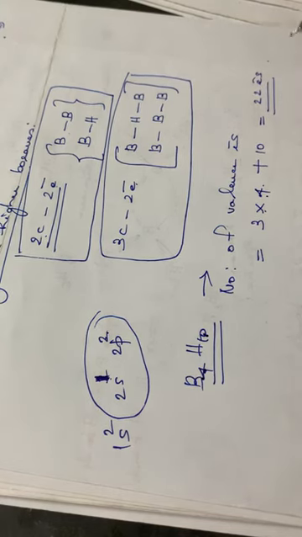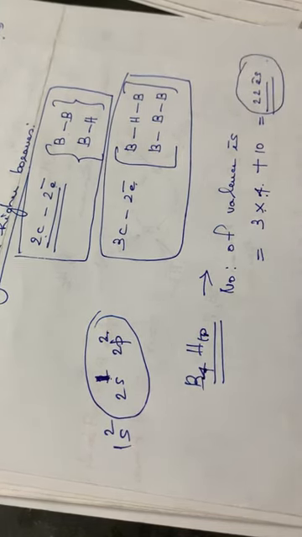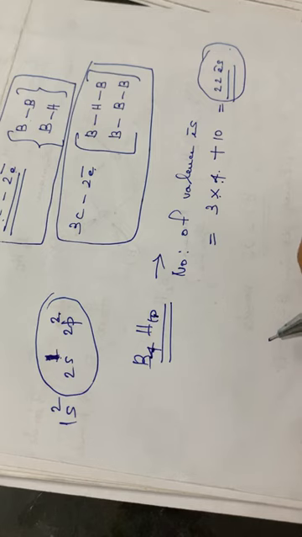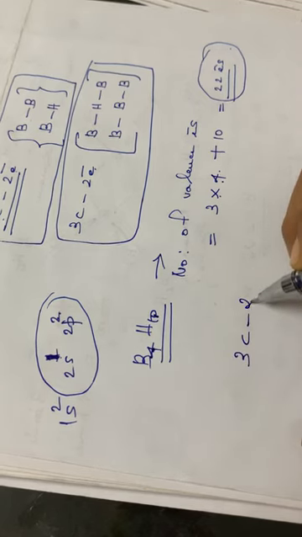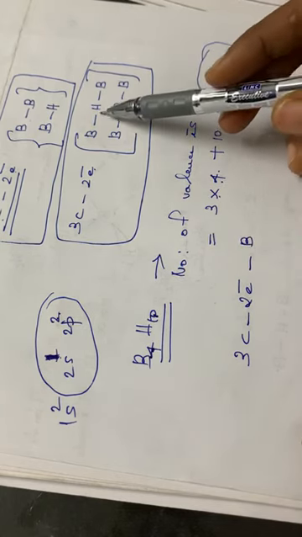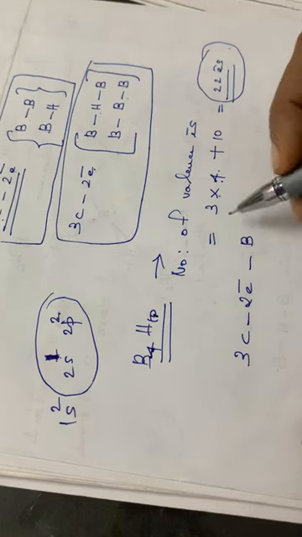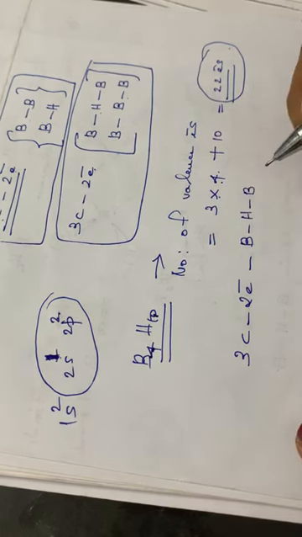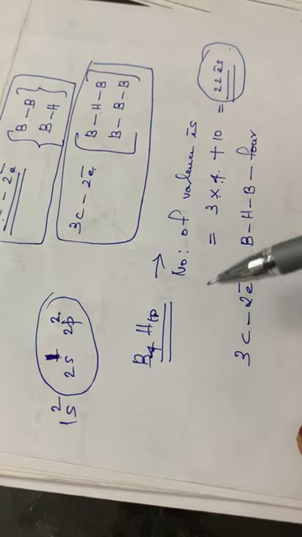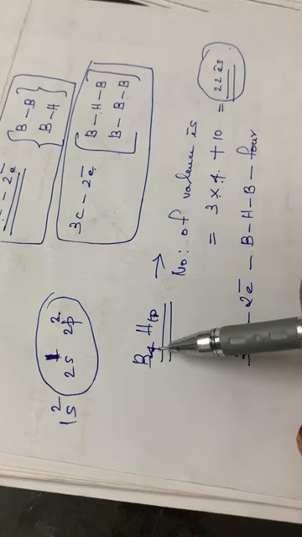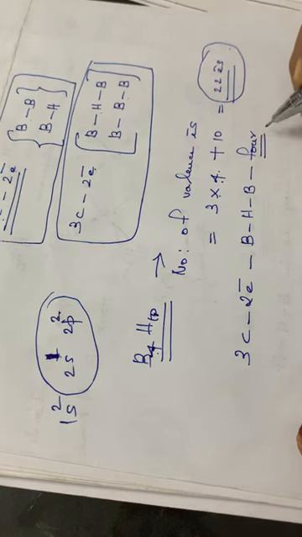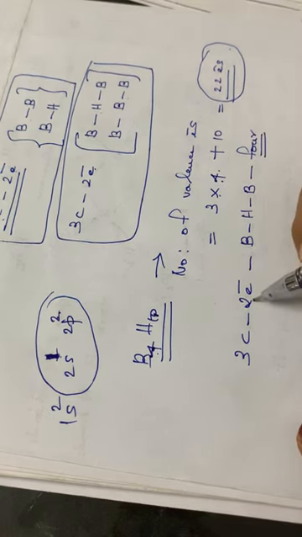Then you have to see what types of bonds are present in this particular borane. First of all, you have to count the number of 3 center 2 electron bonds. 3 center 2 electron bonds can be of either of these two categories: a BHB or a BBB. Here it has BHB bonds, and the number of BHB bonds is equal to 4. So this particular molecule has 4 BHB bonds. So 4 BHB bonds means it will be contributing how many electrons?